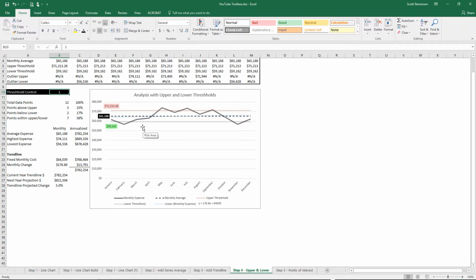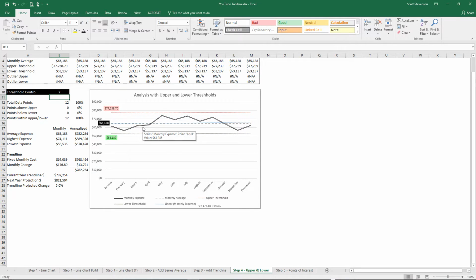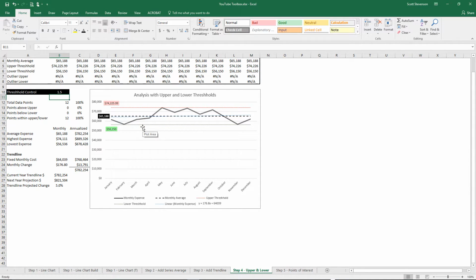If I were to increase those points, let's say 2 standard deviations, it would make the range so large there would be none either outside the upper or below the lower. So I know that 2 is too many. Let's take it 1.5 and take a look. Even at 1.5, there are none above or below the upper or lower constraints. So I'm going to stick with 1 for now and show you now, going to the final phase of this analysis,